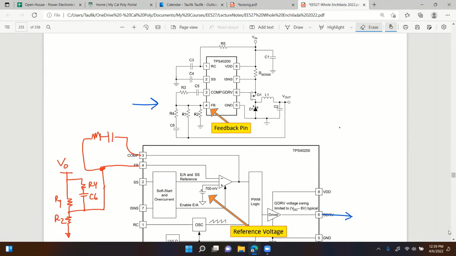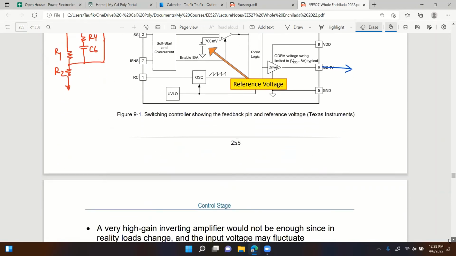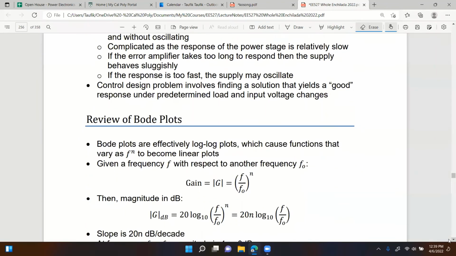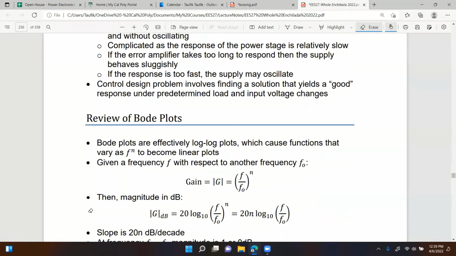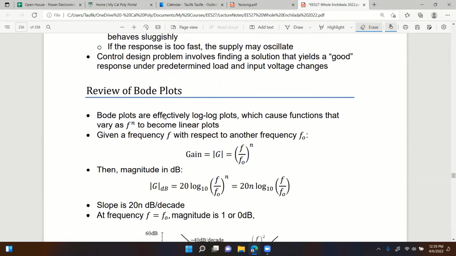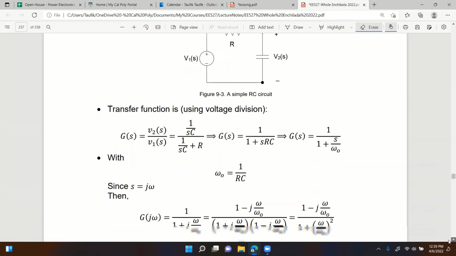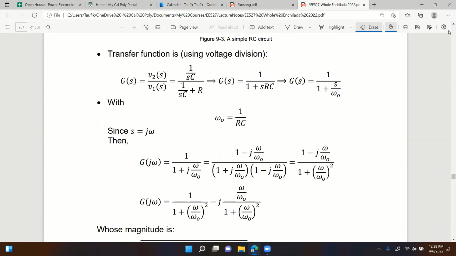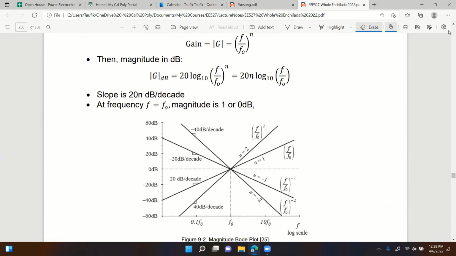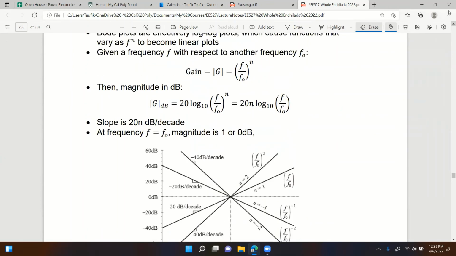So the following sections, we're going to go over Bode plots. We need to review Bode plots. I'm just going to do this briefly next time, but the focus here is that the three main things we're going to be looking at are a single pole, a single zero, and